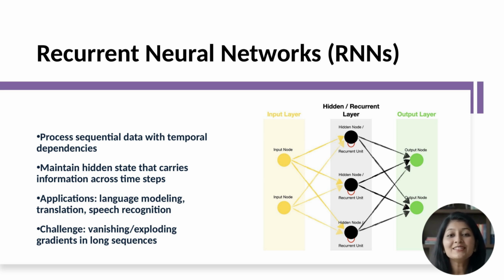Here's how it works. At each time step, the RNN receives an input, like a word, and the previous hidden state. It combines them, applies transformations, and produces a new hidden state and an output. The same weights are used at every time step. This is weight sharing across time. The network learns to use the hidden state as memory, storing relevant information and forgetting irrelevant details.